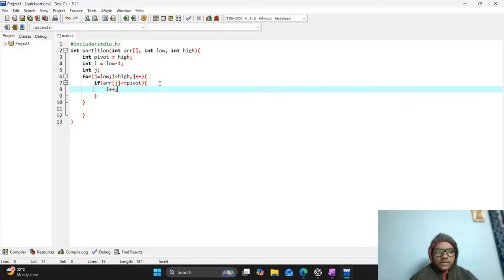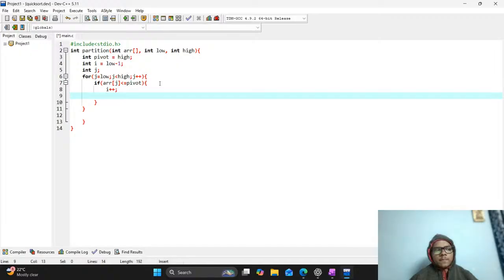We are initially increasing the bounds, and then we are swapping the things. And what are we swapping? We are swapping arr[j],